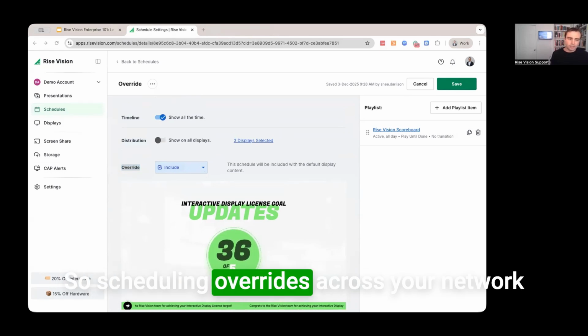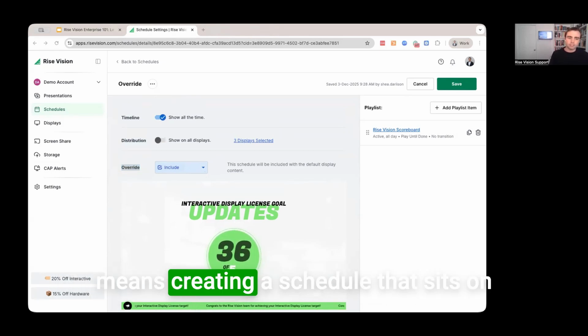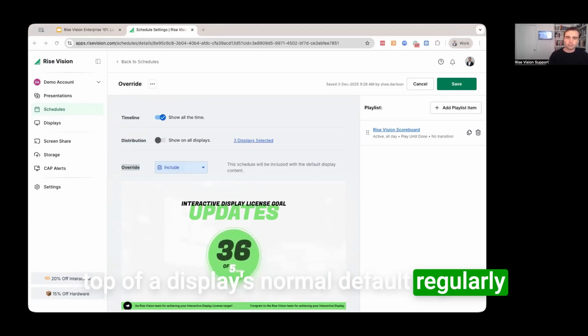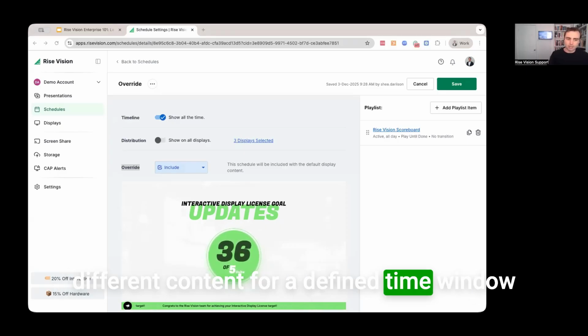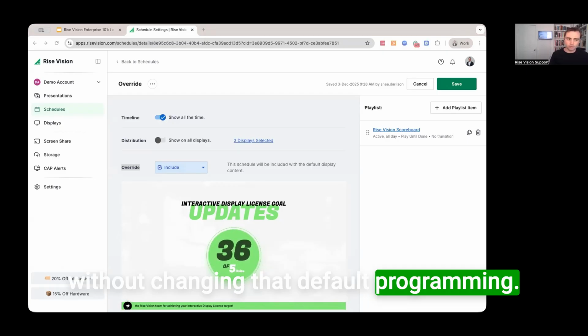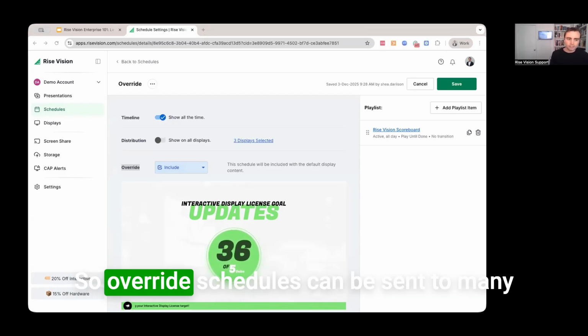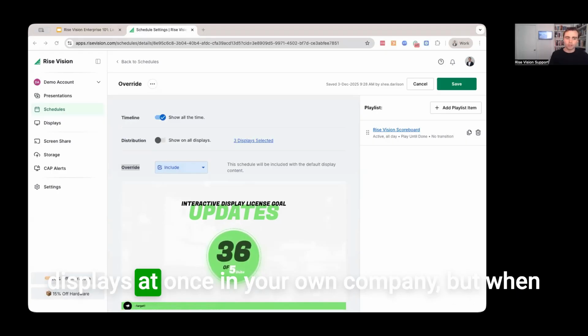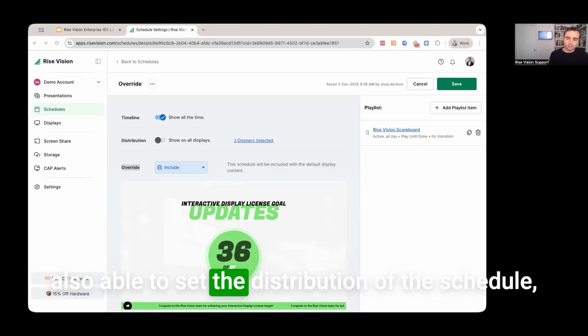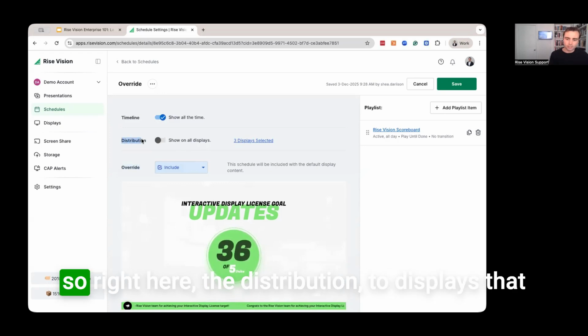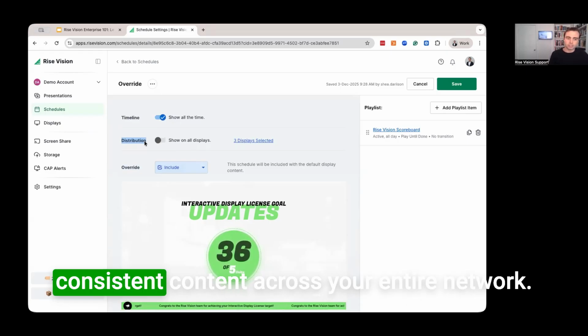So scheduling overrides across your network means creating a schedule that sits on top of a display's normal default regularly scheduled programming so that you can show different content for a defined time window without changing that default programming. Override schedules can be sent to many displays at once in your own company, but when you have an enterprise or unlimited license, you're also able to set the distribution of the schedule. So right here, the distribution to displays that are in your sub companies